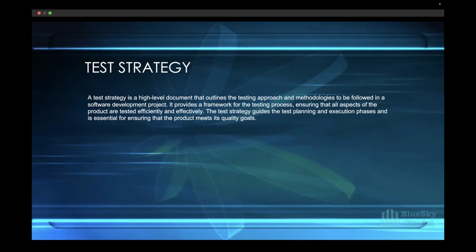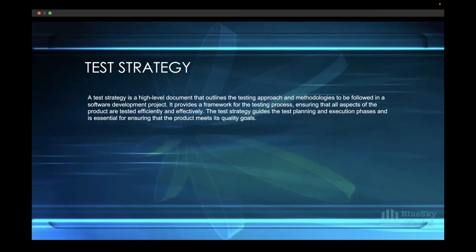It provides a framework for the testing process, ensuring that all aspects of the product are tested efficiently and effectively.